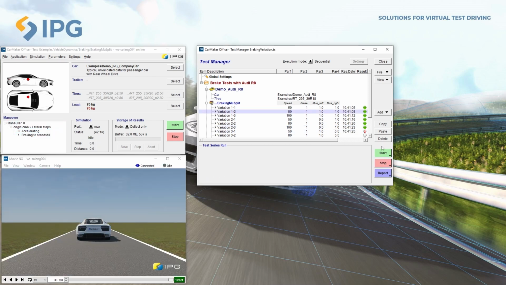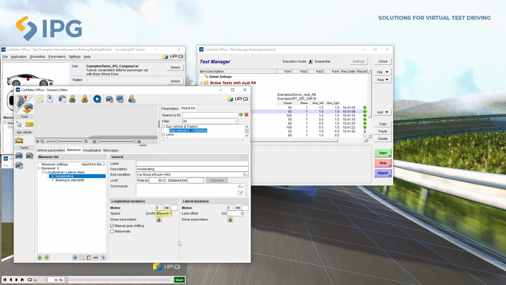Now let us look into what exactly is happening in this particular test run. I can see here multiple variations being set up. The first one I can notice is the speed value. If I click on the maneuver menu, I can see that the IPG driver speed is now showing in yellow and it's denoted by a namespace variable. The namespace variable is used to define that this parameter can be changed externally as well. It's been initialized to 100.